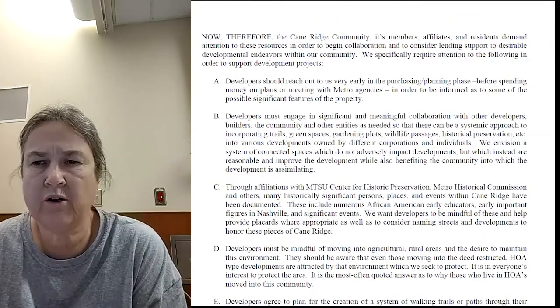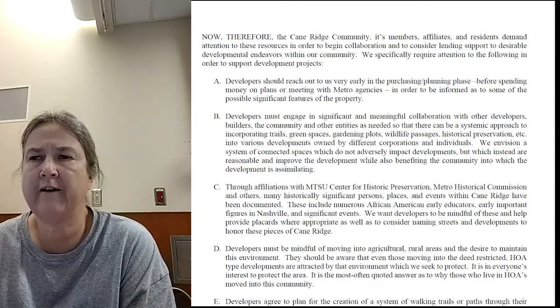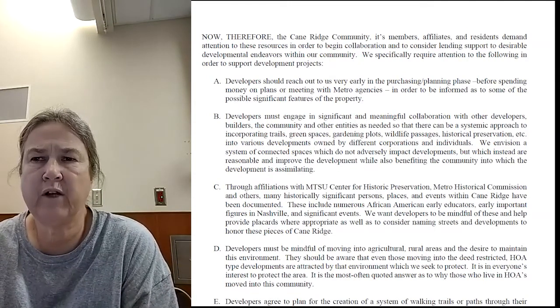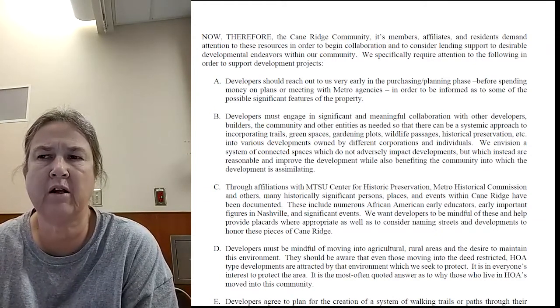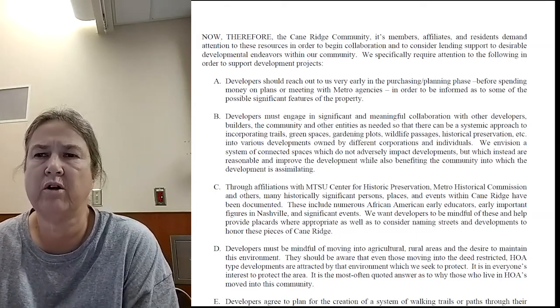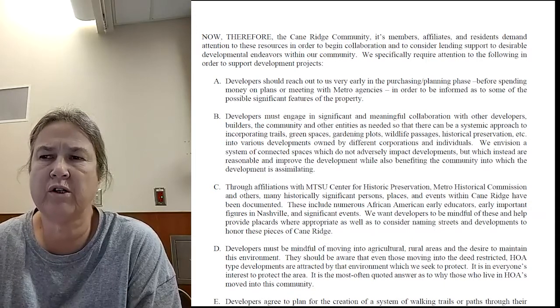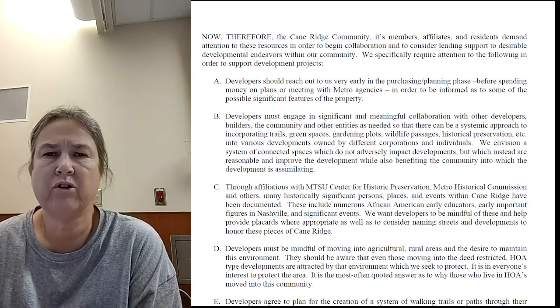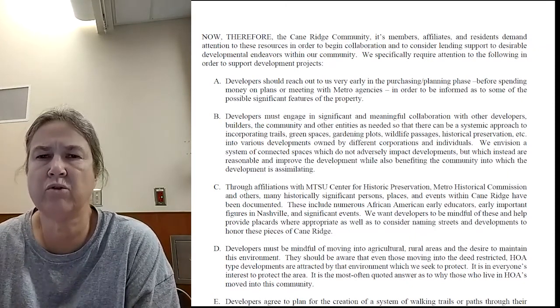If there are any attorneys in the room, I think what you will notice next is that we have named these things as things that we want to exist in order to begin collaboration and just even consider lending our support to those endeavors. And so what you'll start noticing are lots of shoulds and reasonables and those sorts of words.